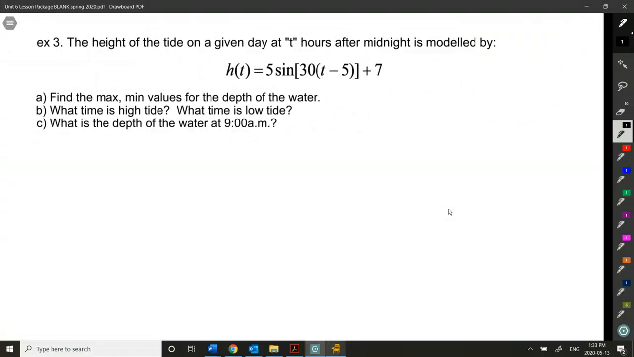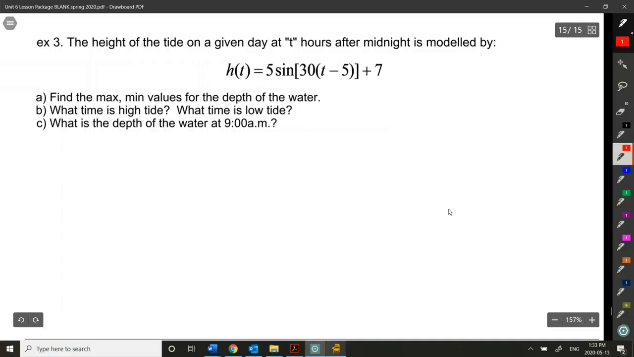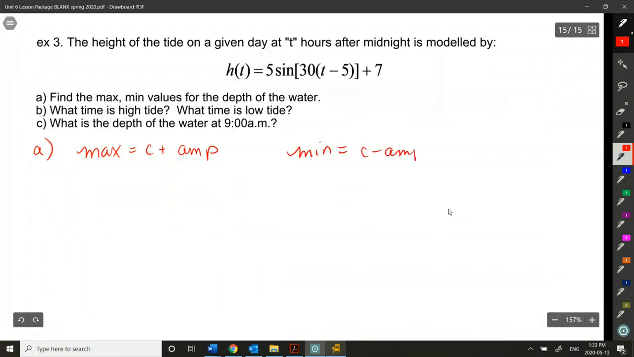Okay, let's take a look at another application. The height of a tide on any given day, t hours after midnight, is modeled by our function h at t, and this is modeled with a sine function. We are going to find the max and min values for the depth of the water. So max and min, we can find these really quickly by simply doing c plus amplitude and c minus amplitude. Our c value is 7 and our amplitude is 5, which means that the max height of the water must be,